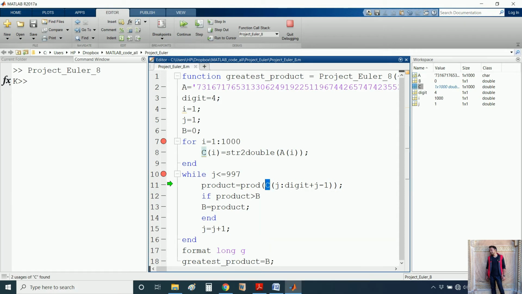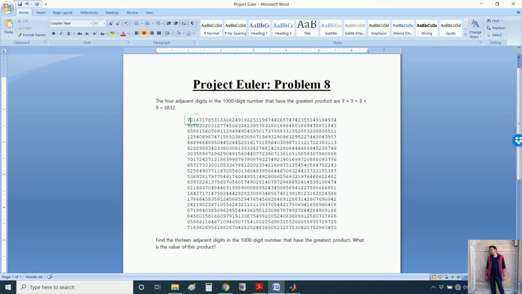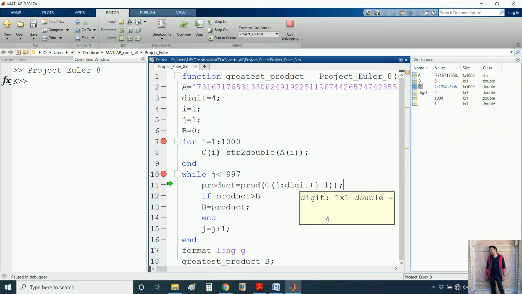Product of elements of vector C from the location 1 to 4, which is 7, 3, 1 and 6. Okay, so product is going to be